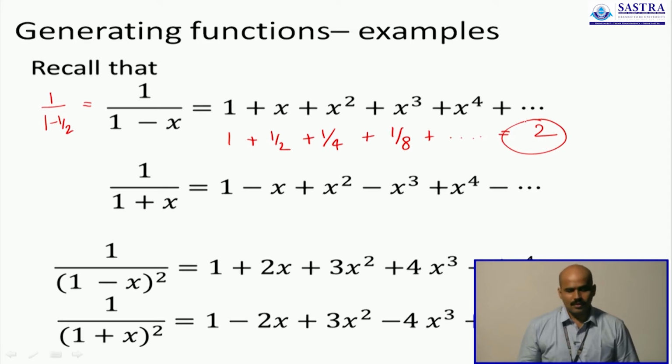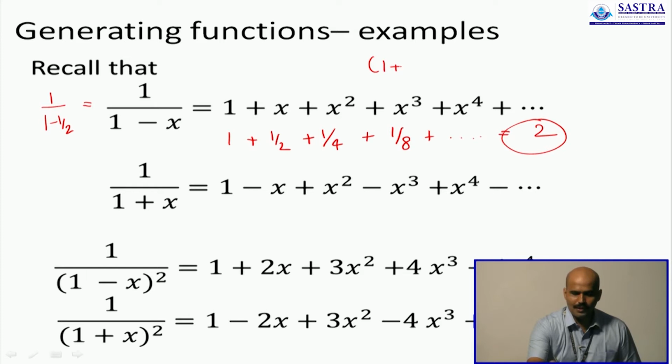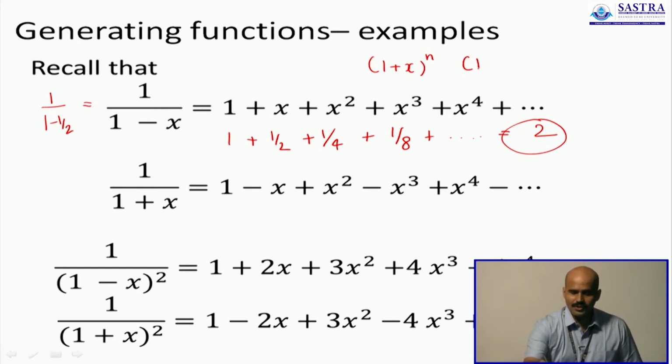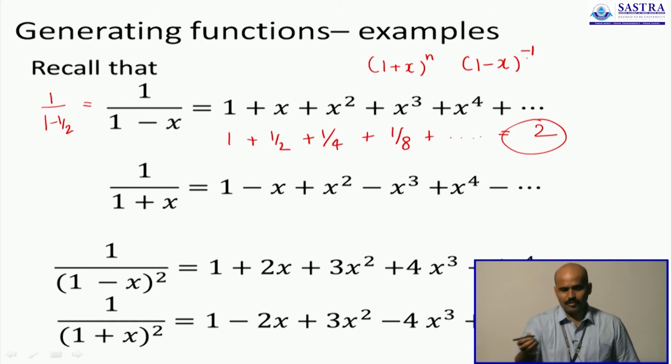The same formula can also be derived using the binomial expansion for a negative exponent. You might have come across this expansion of 1 plus x to the power of n, where n is necessarily a positive integer, but there is also another variant of this where you have a negative exponent for a binomial expansion. The formula follows the same pattern. So this is one way in which you can add up an infinite number of terms and get the answer in a very simplified form. But this is in no way close to sequences, but you don't have to worry, I am getting there.